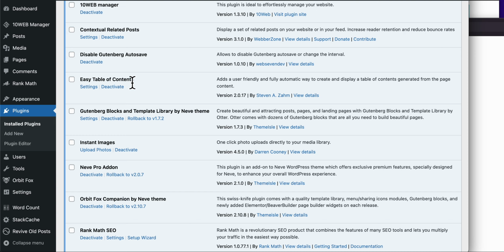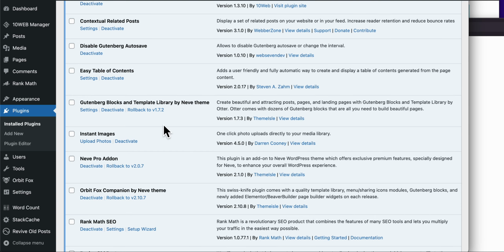Easy Table of Contents creates a table of contents for you. In the next coming videos, I'll show you how to use Contextual Related Posts, table of contents, and other plugins that I'm using. Gutenberg blocks and templates from the Neve theme.